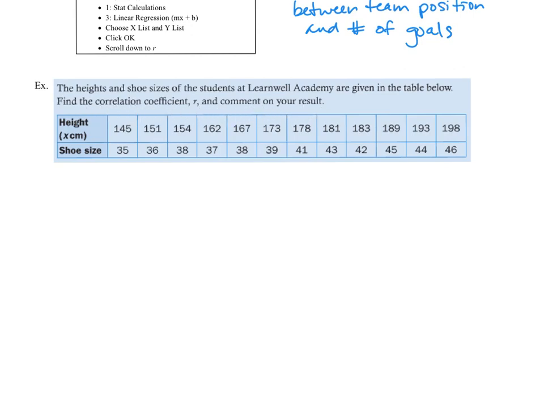So again, we would use the calculator to find that correlation coefficient, and it turns out R is 0.964. That's to 3 significant figures. If you look above at the chart, you can see that that is very close to positive 1. Therefore, we can say, and this shouldn't surprise anybody, that there is a strong positive correlation